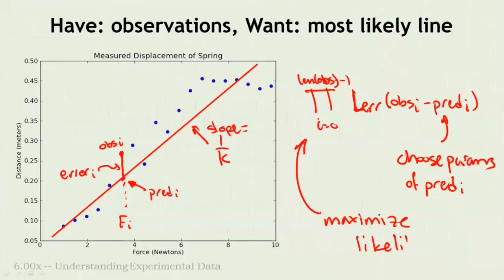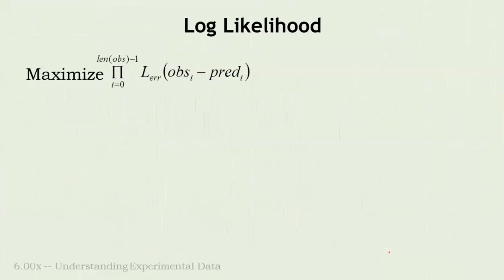So I want to maximize this product of the likelihoods of the errors. That will actually be the same as minimizing 1 over the product. So if we want to minimize 1 over the product of the likelihoods of the error,